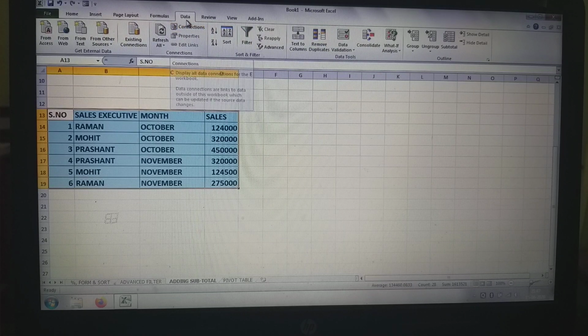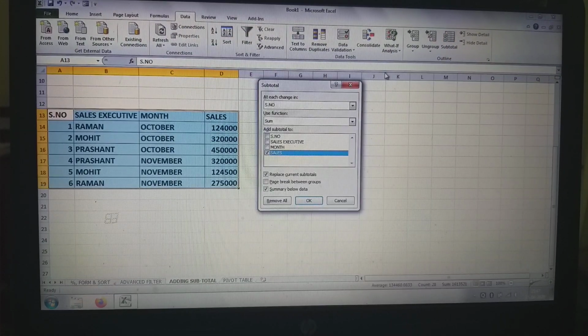We are under the data tab. Click on subtotal. See here, the subtotal dialog box appears.